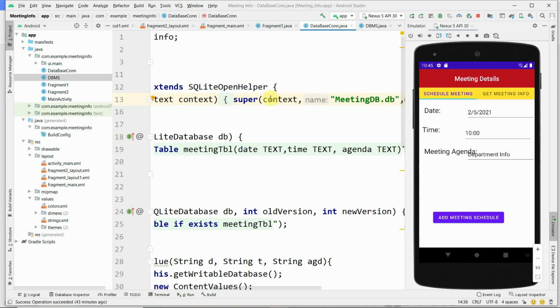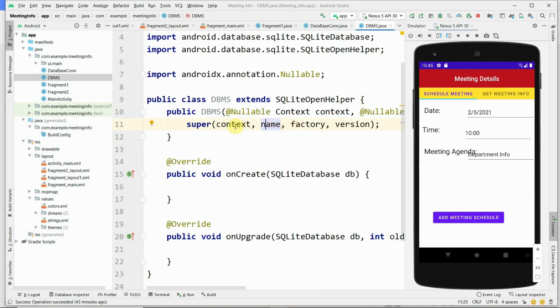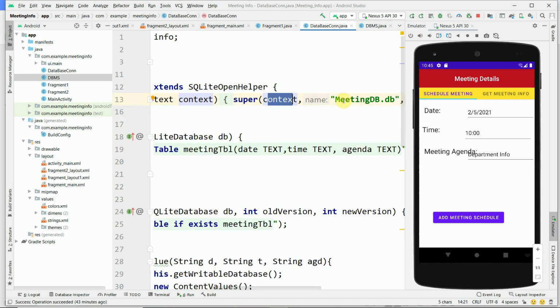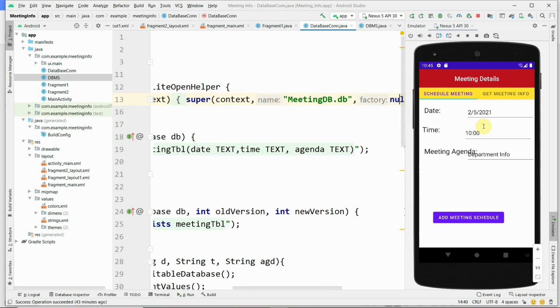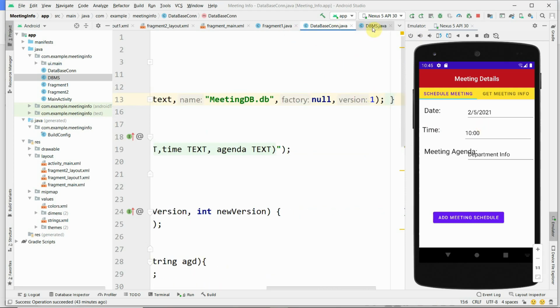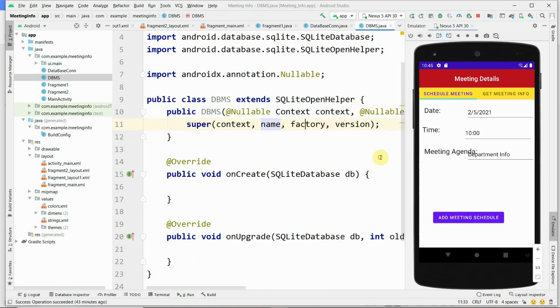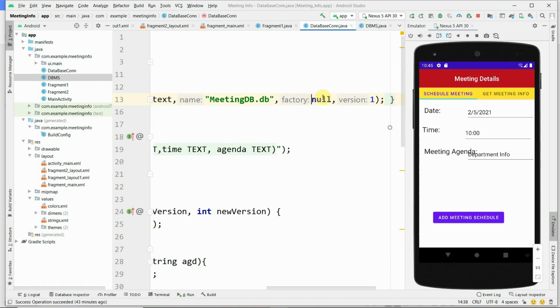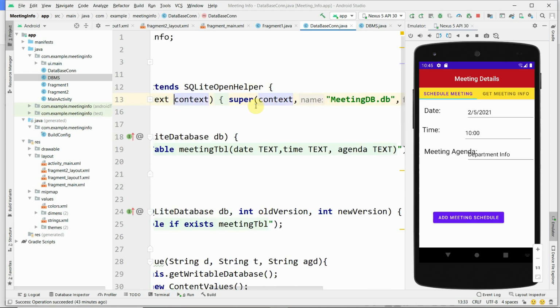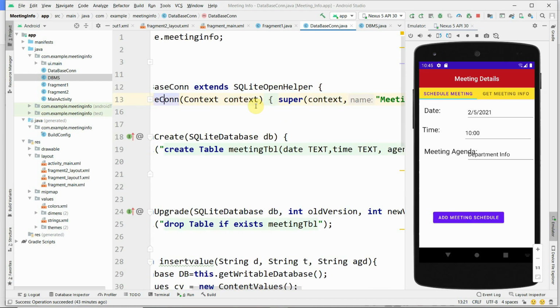You just give the database name, meeting.db, and no need to change anything else. Here the factory is there, and the version is there. In place of factory give null, and version 1. That's all. This way you give the database name. Only that change you have to do in the database connection class.